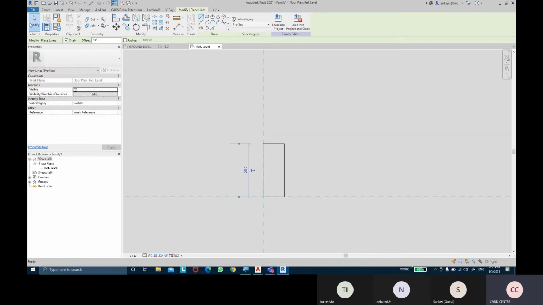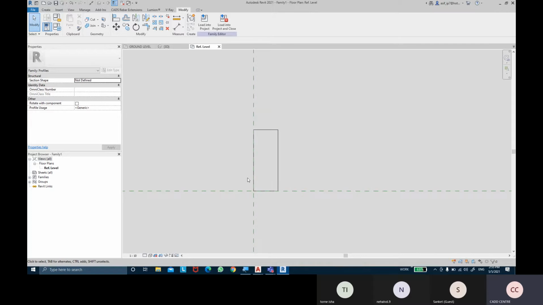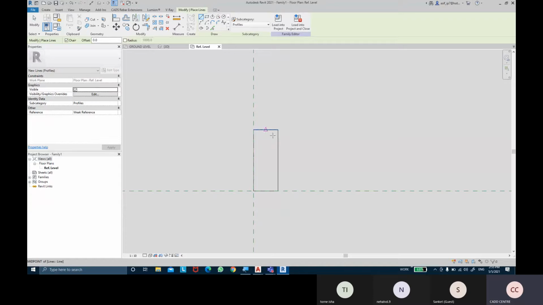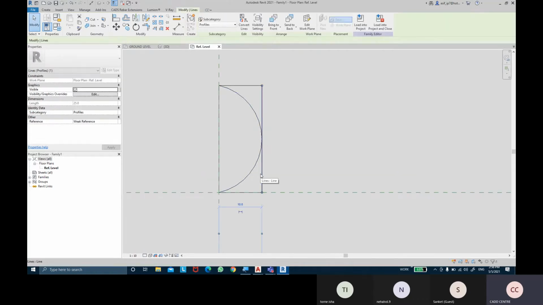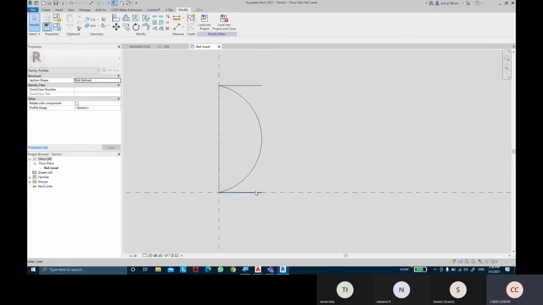So that's the profile that I've created. Now I can give another sort of line as well. Maybe I'm going to make this profile a little bit curved, so you could start with a radius. That's the start, that's the end, and that could be the radius. This is the profile that I'm going to create. Now I don't need these lines, so I'm going to delete them.